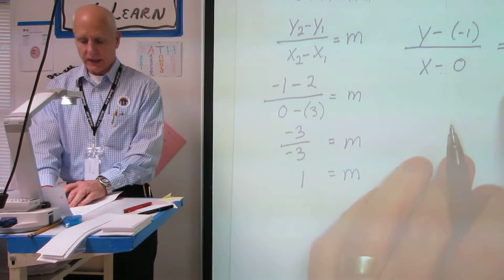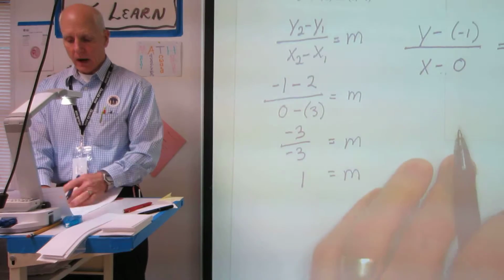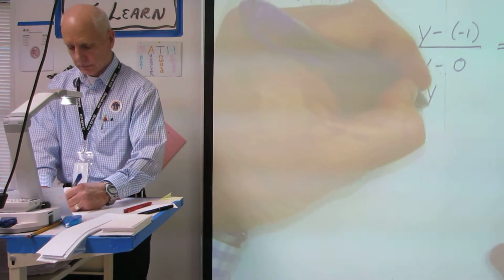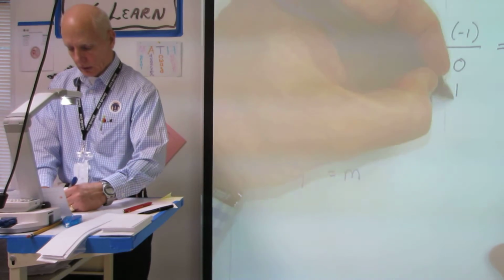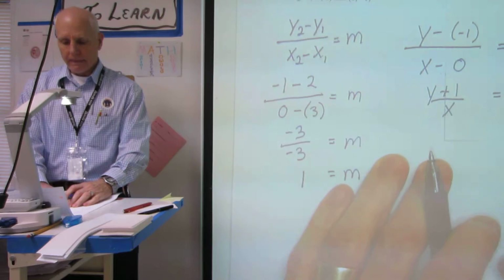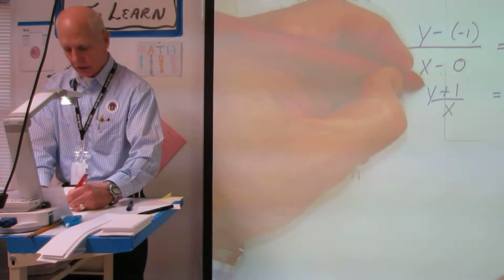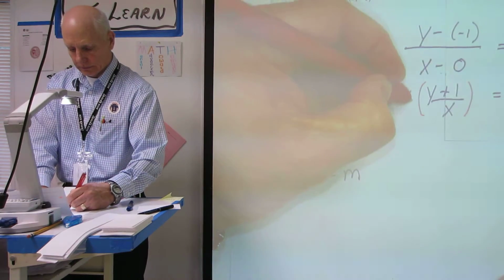That's why I chose it, because I like x minus 0. Our next line reads y plus 1 over x equals 1. If I multiply both sides by x to clear that denominator,